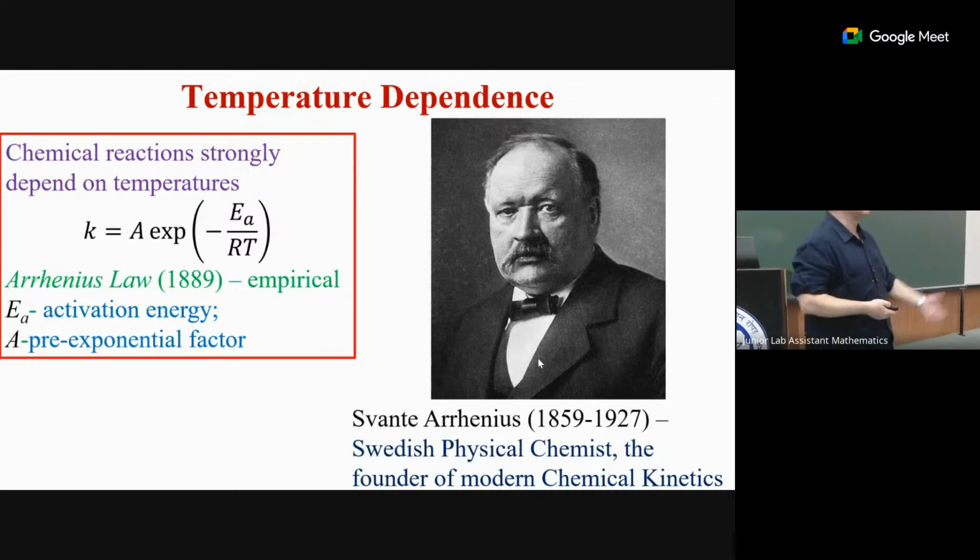So chemical reactions are typically faster with higher temperature, and the very famous expression, which is a phenomenological expression, is associated with the name of the Swedish scientist Svante Arrhenius. This is called Arrhenius law, and this is how the rate of a chemical reaction depends on the temperature. We found it empirically, and theories of chemical kinetics actually have some justification for this. And this is known as the activation barrier.